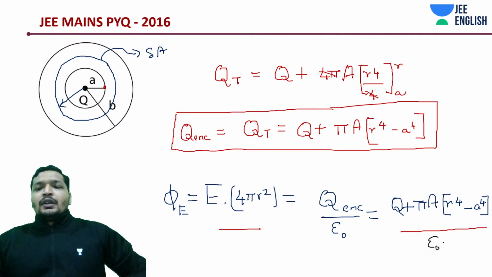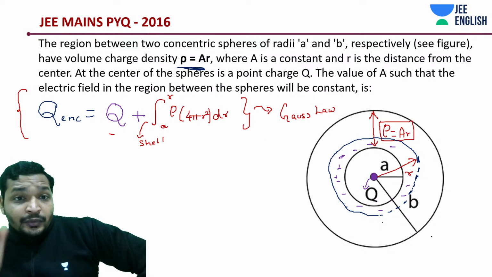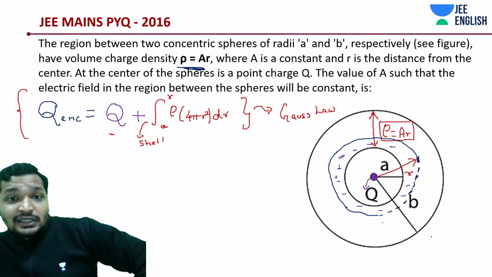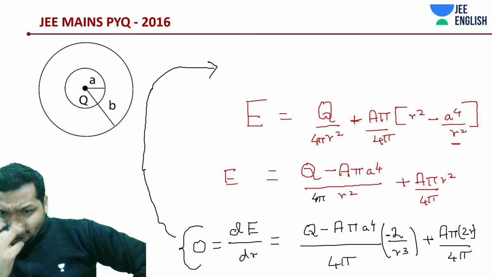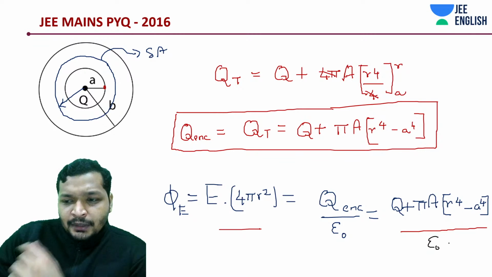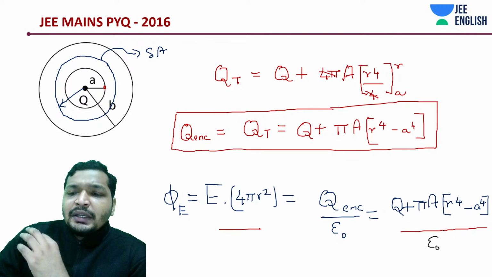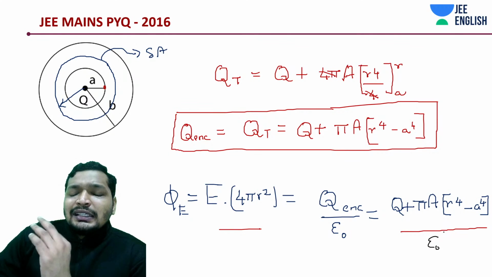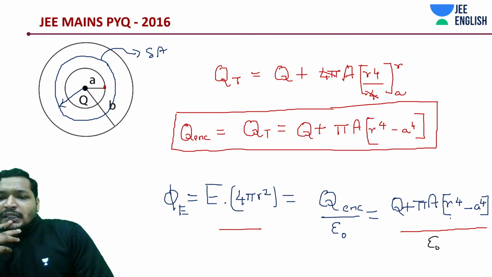This is going to be the integration of the whole thing, isn't it? Volume charge density is changing. So all right guys, let's conclude this question. Okay, I think something is going wrong in this question, maybe not. It has to be constant. These two terms have to be equal, should be independent of R. That is only possible in a feasible solution. So the other possibility is A is